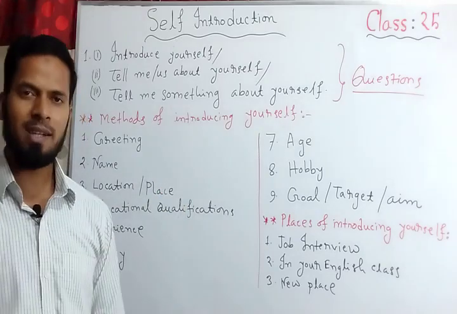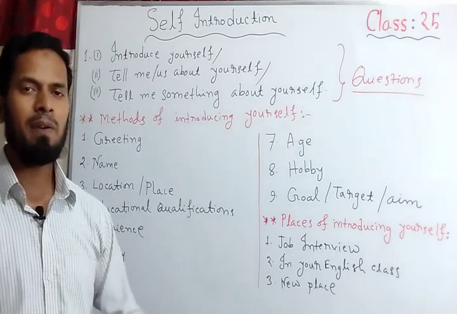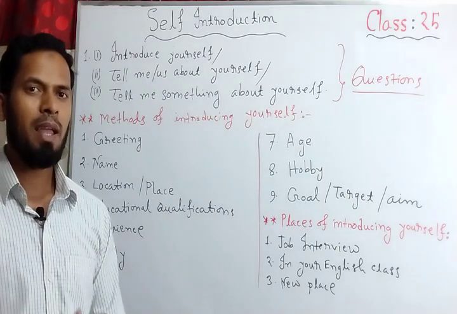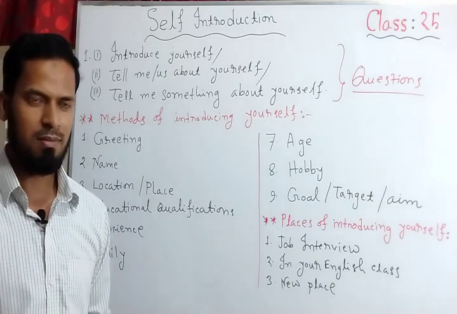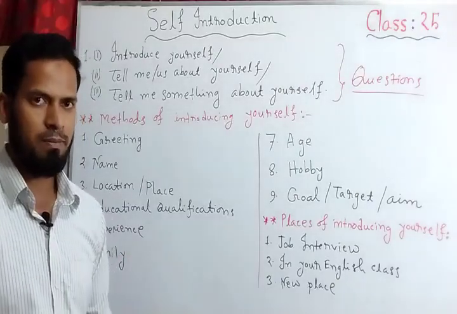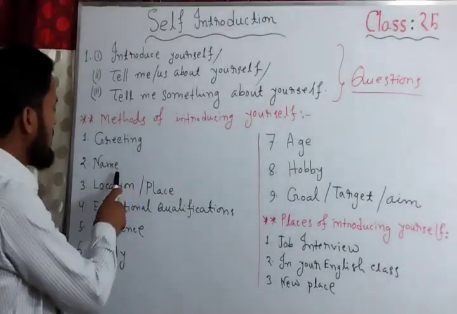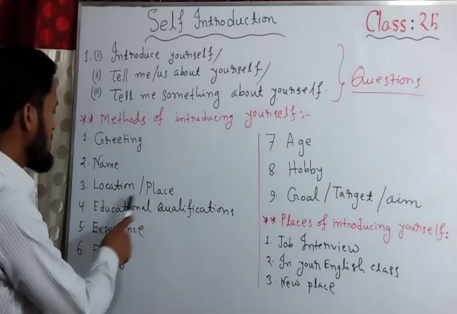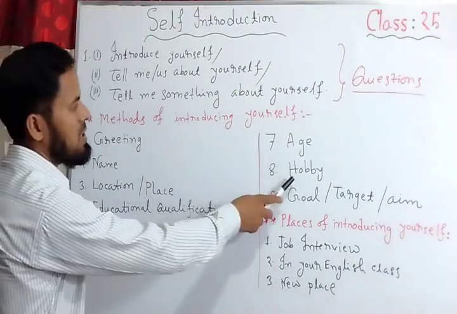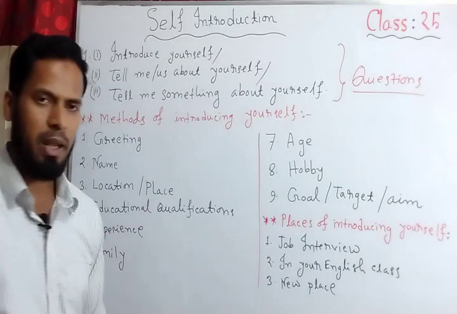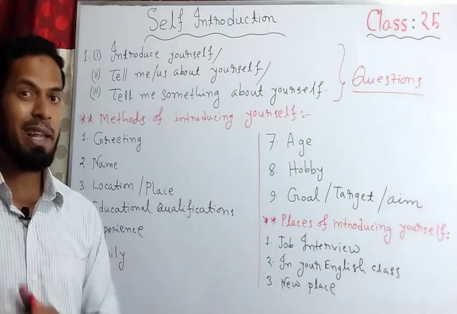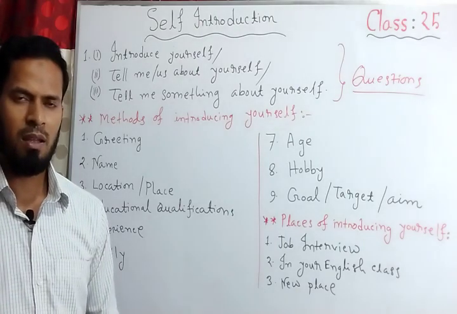First one, I will give the points. Later on, I will elaborate on all this, and at the end of the class, I will give an at-a-glance introduction. Methods of introducing yourself. How can you introduce yourself? These processes are greeting, then name, then location or place, educational qualifications, experience, family, age, hobby, goal or target or aim. These 9 items, if you say clearly within a very short time, I am sure that